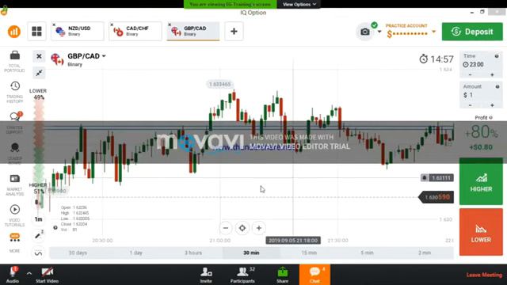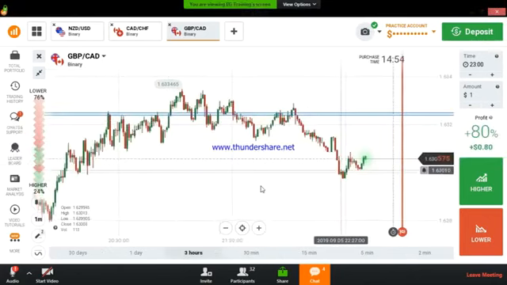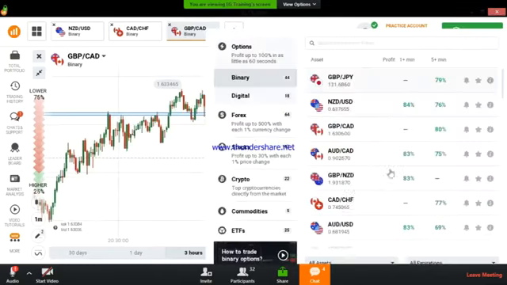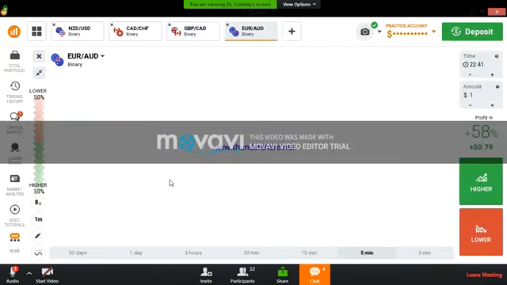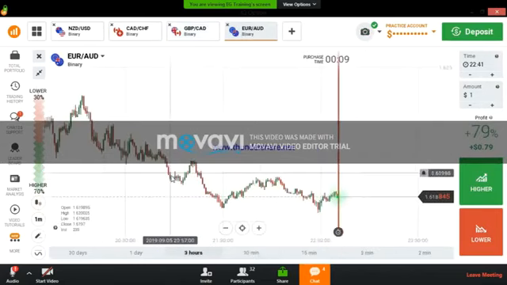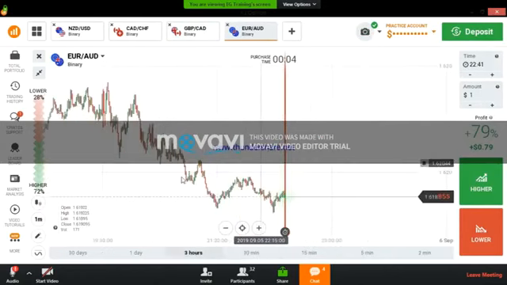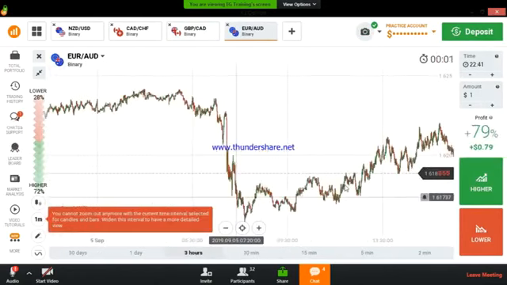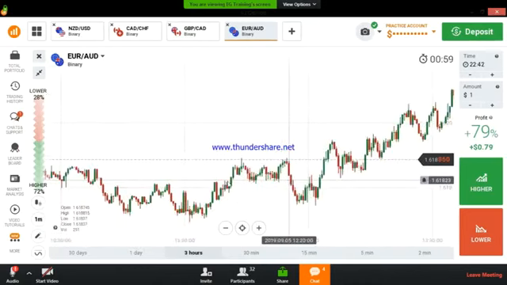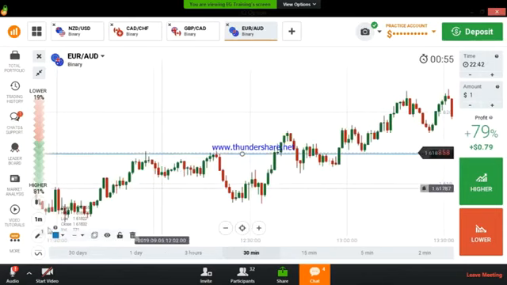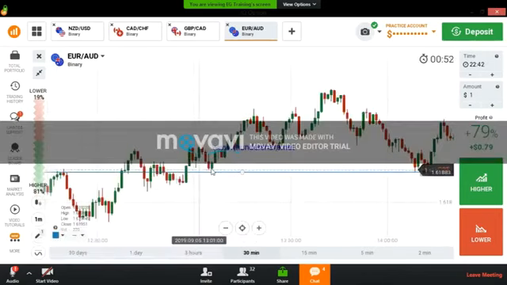Okay, I have shown you how to draw the strong level. It's the Fibonacci tool, for example going up continuously upward or downward. One minute, I will change the pair and draw. Okay, here there is a level, right? If you go with the past history, I will draw here. So there is a level, right? Yes, sir. So I will draw. One minute. Here also there is a level.